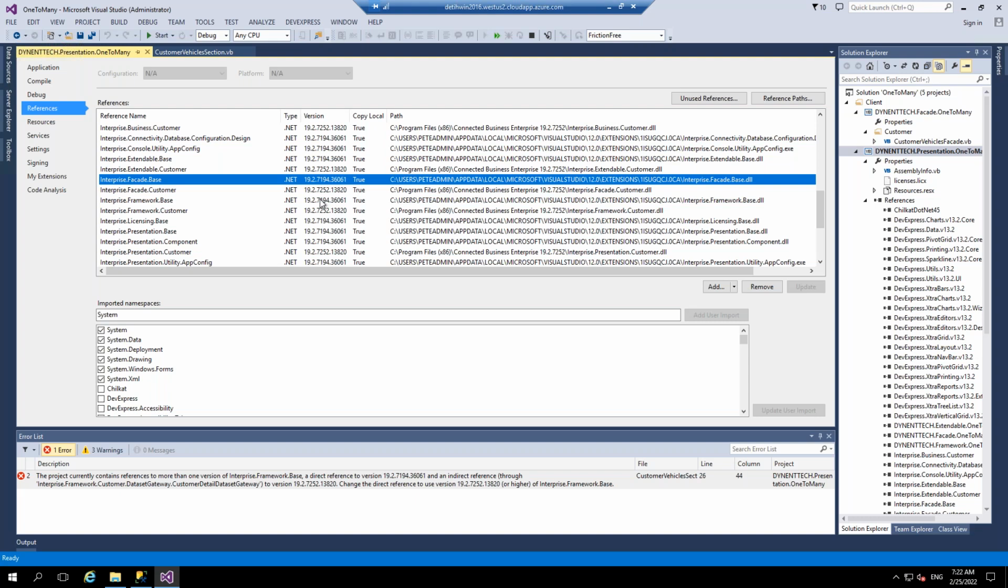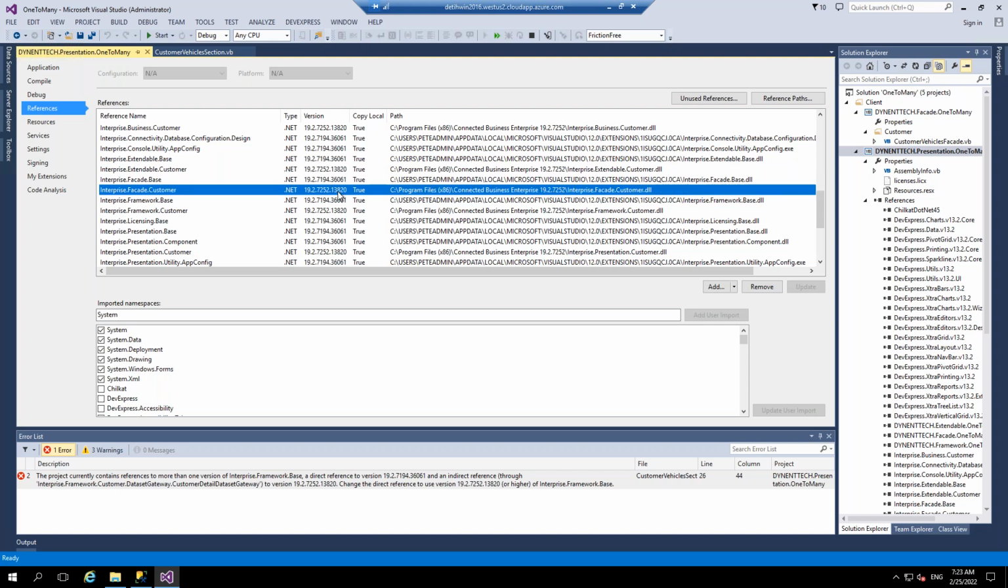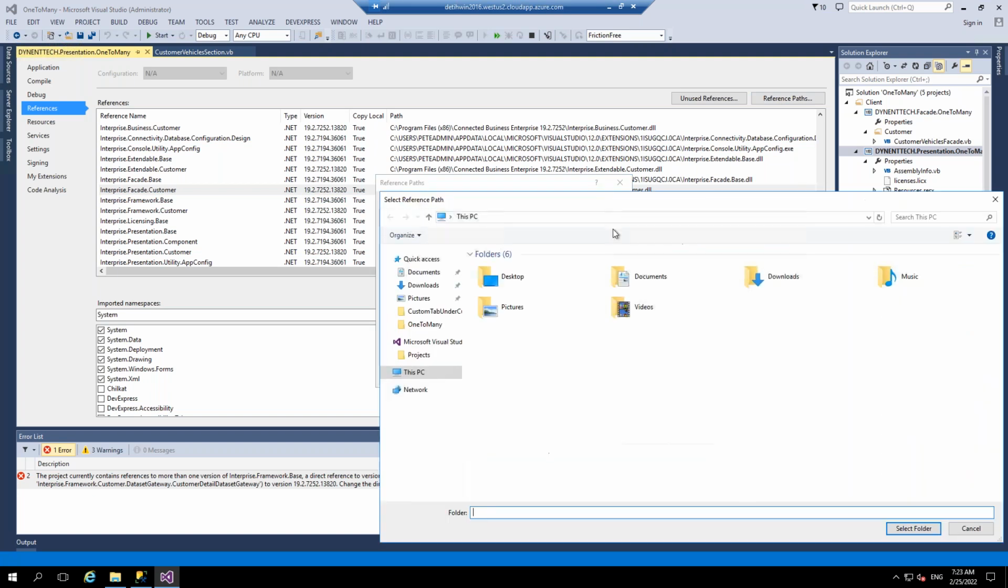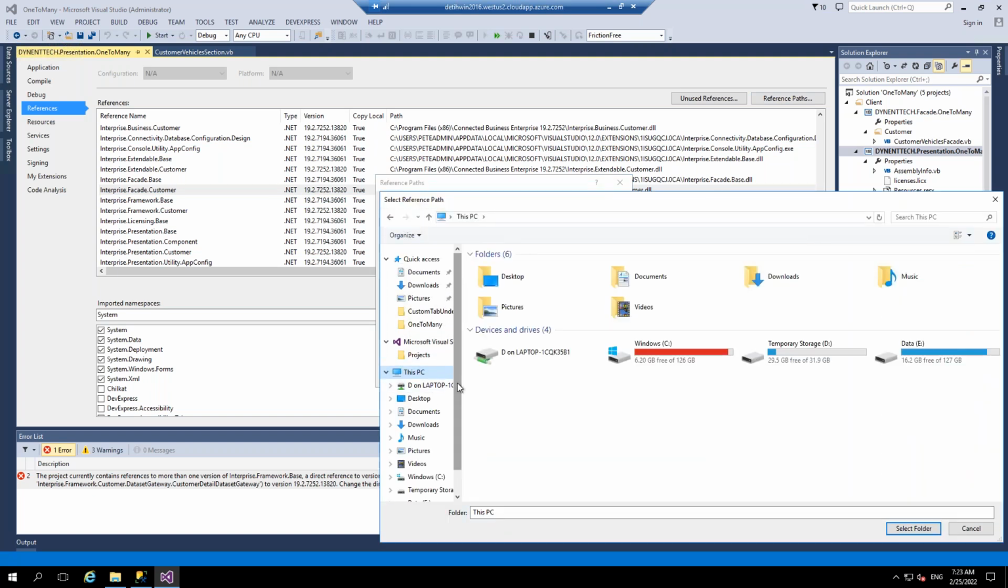And so we need to make sure they're all getting grabbed from one place. Yeah. So the problem is the SDK DLL is not the same version as the current reference DLL that we just added. So there are different versions. To fix that, just use a reference path. We just locate the DLL that we need to